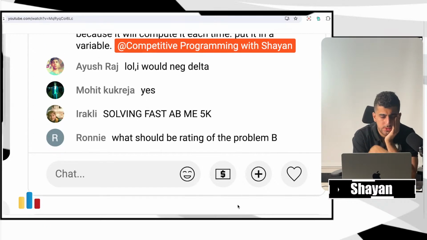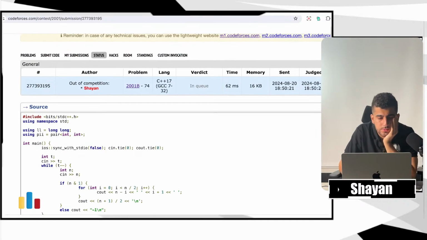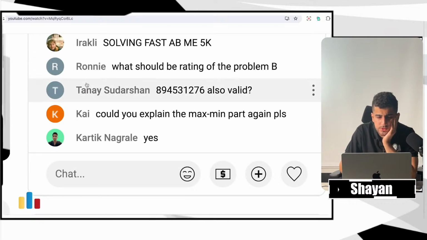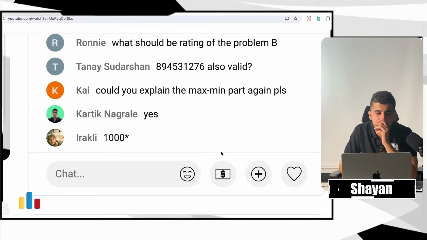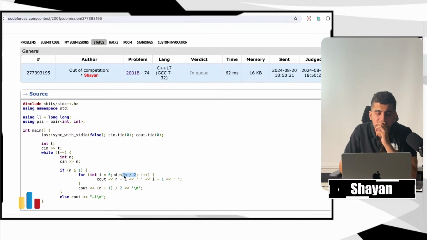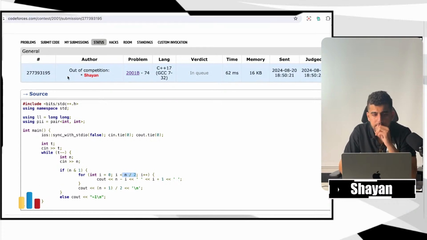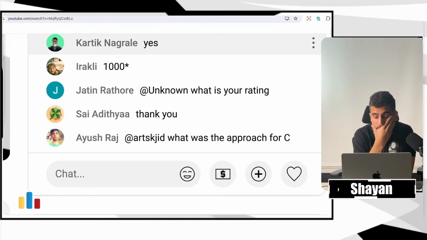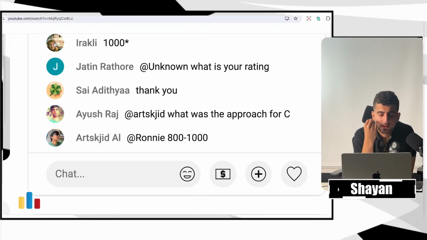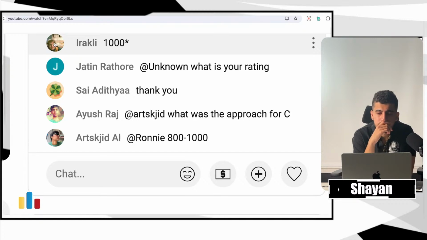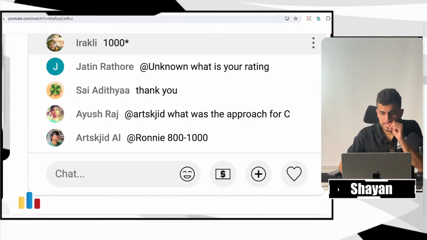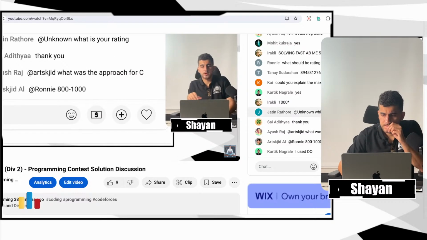There's no issue that it computes n over 2 each time, because it's so fast. Yes, you can also save it in a variable and just put that variable in here, but that wouldn't make any meaningful difference in the time that your code will consume. Okay, so shall we move on to problem C? If there are no